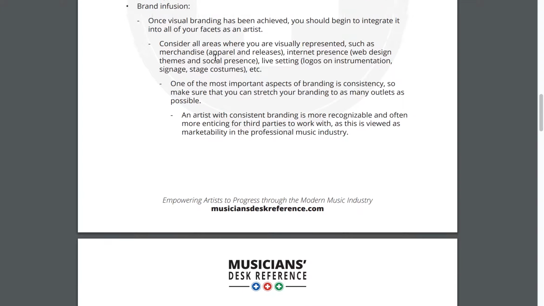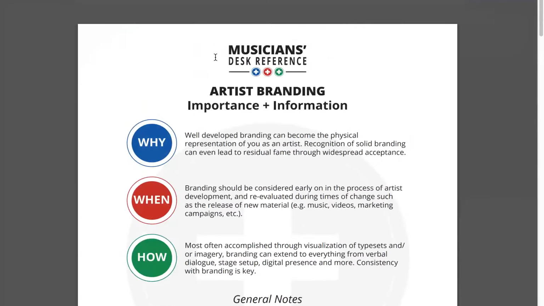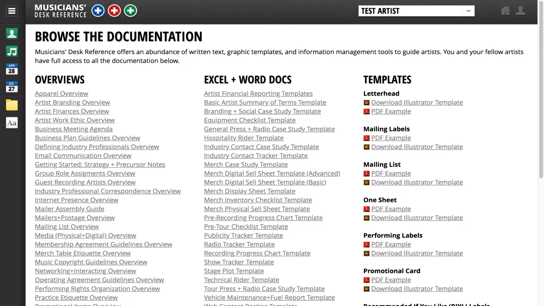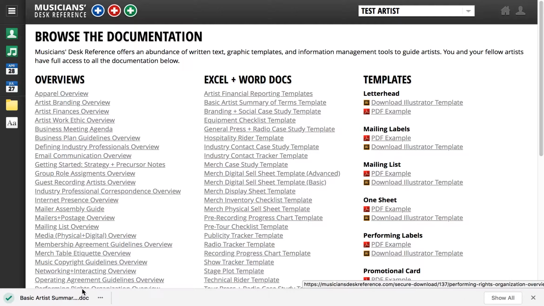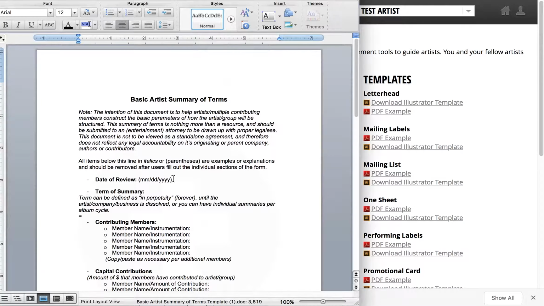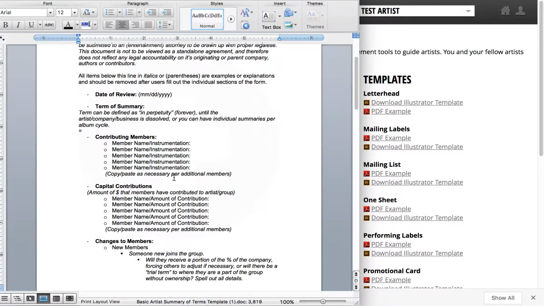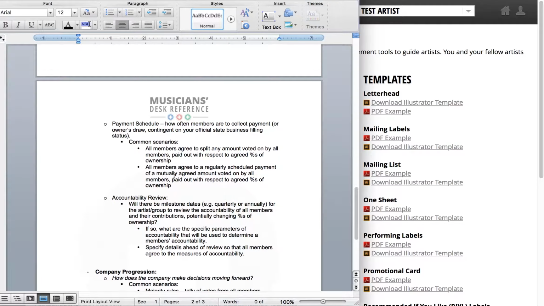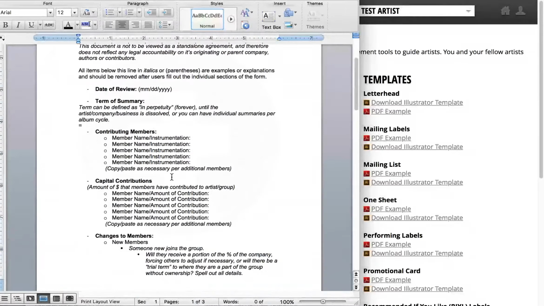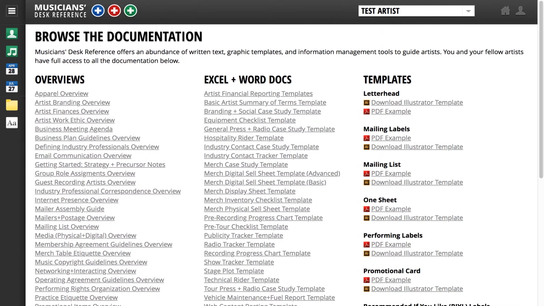These are a great way to familiarize yourself with the topic, and these docs are what make up the majority of the overview subchapters in the project management system, in addition to templates that surround those particular topics. The Excel and Word docs are basic templates you can start using right away. These cover a great amount of topics and have been used from classroom projects to DIY artists, and even with some major label artists. The column labeled templates contain specific documents you can assemble on-site with our document building tool,